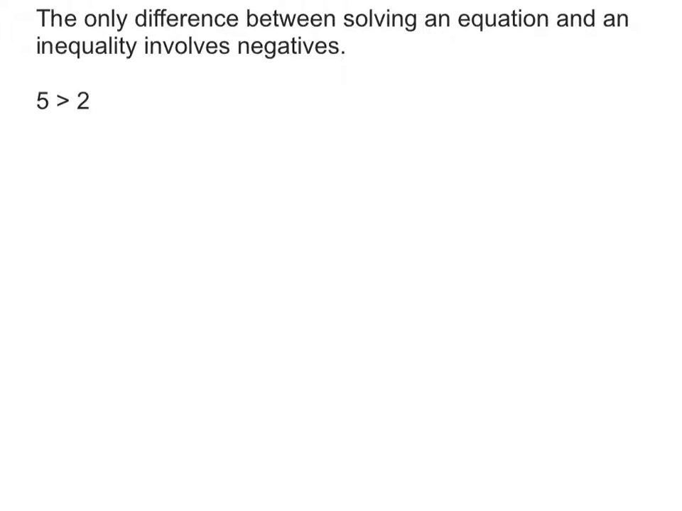The difference in solving an equation and solving an inequality lies when you're dealing with negatives. So let me do an example here. We know that 5 is greater than 2. That's not a fact that we're really going to dispute. But if I take both sides and multiply by negative 2, my left side becomes negative 10, and my right side becomes negative 4. And so the greater than sign is no longer applicable because negative 10 is not greater than negative 4, it's actually